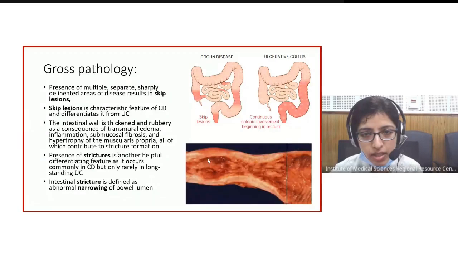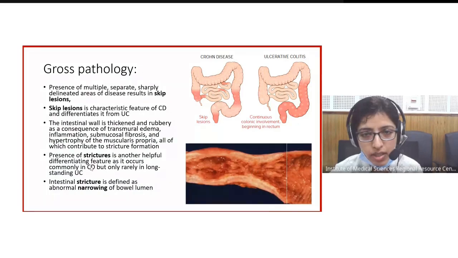So here we have a photograph of a segment affected by Crohn's disease. You see the thickness of the bowel here and thickness here. There is a thickening of the wall, and there is a circumferential thickening. So the lumen gets narrowed in this portion. You see here the lumen is narrowed. This is the diameter, while here this is the uninvolved part, and here the diameter is considerably more. So eventually, with time, there is complete narrowing of the bowel wall, and this is what is called a stricture.